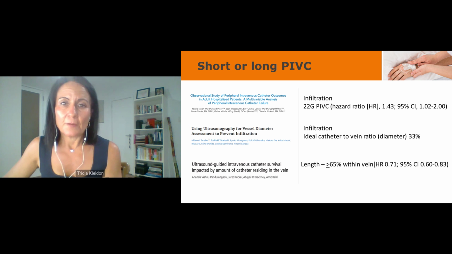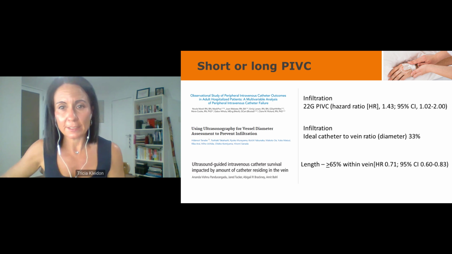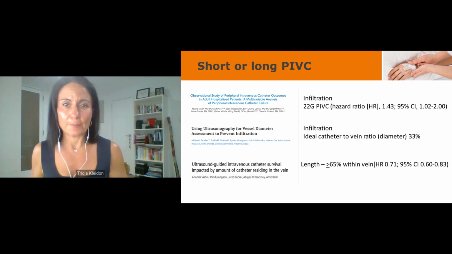So now if we consider the evidence for selecting a short or standard length PIVC over a long PIVC, Marsh and colleagues reported infiltration occurred 1.5 times more frequently when a 22 gauge PIVC was used in comparison to larger PIVCs such as a 20 gauge. However, at the time of this study, only short or standard length 22 gauge PIVCs were available in Australia where the study was undertaken. So it's prudent to wonder, was infiltration related to the 22 gauge catheter or was it